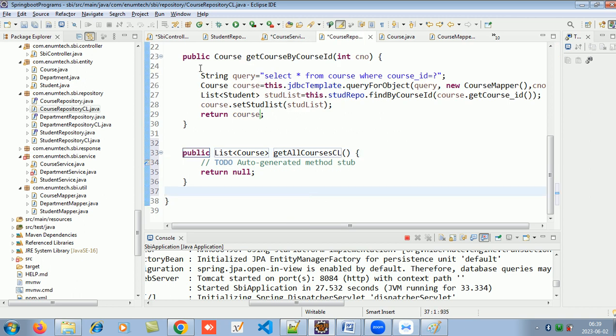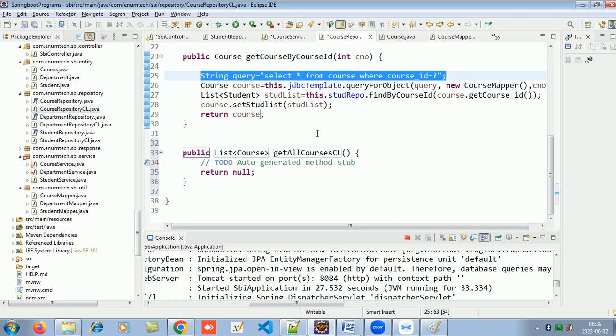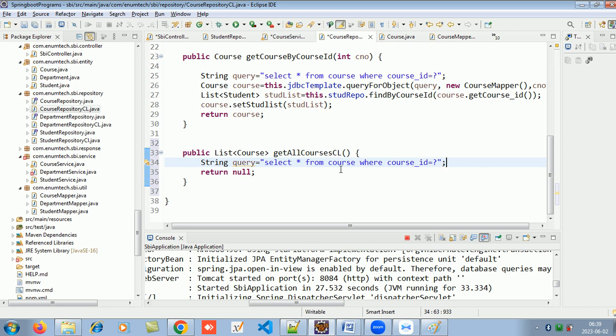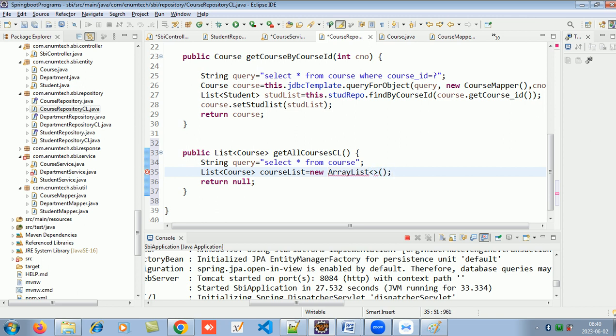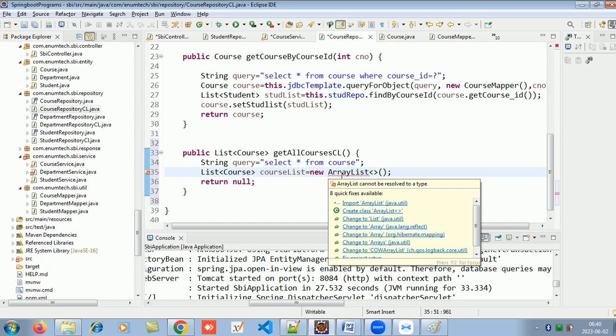Now what will be the query? Query I know will be very simple. Select star from course. That's all. Okay. And now this will return me a list of course, right? This was returning me a single course, so I made object of single course. This will be returning a list of courses, so I have to make object of list of courses. Okay, so I'll make it course list equals to, okay, so let's make an array list of it. Array list. Okay, so import this array list,